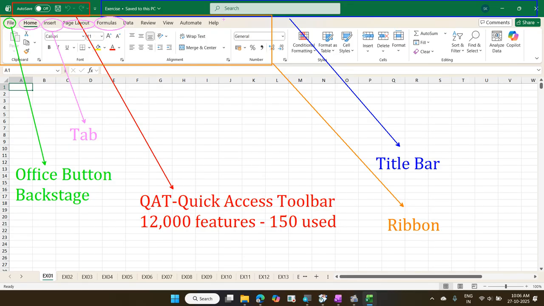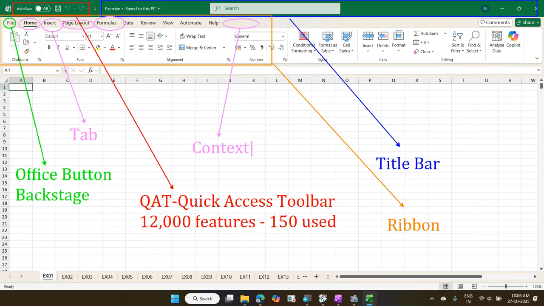Special tab, not now. Whenever you insert something new, when you insert a chart, a table, or a picture, a new tab will appear. That new tab appearing here will change. When you insert a picture, you will get a different tab. When you insert a chart, you will get a different tab. So the new tab appearing here is called a